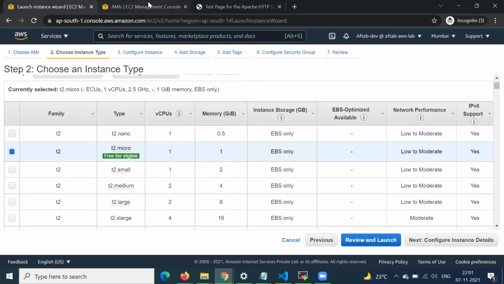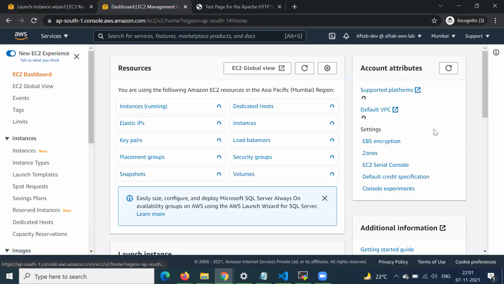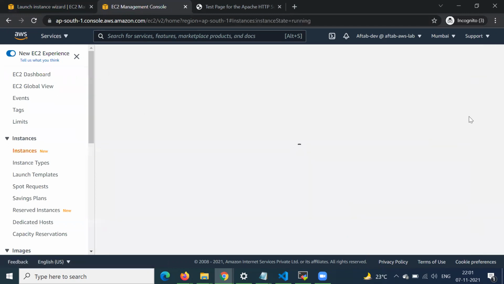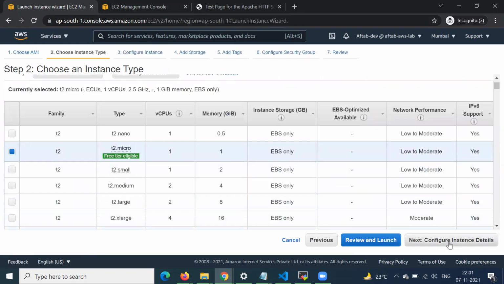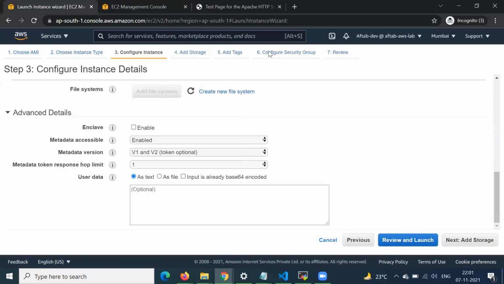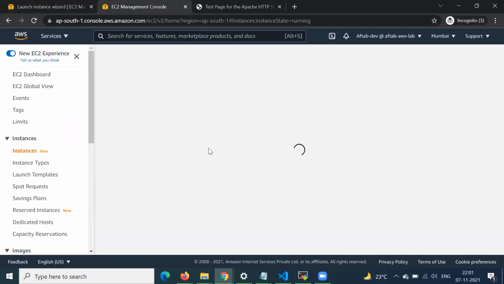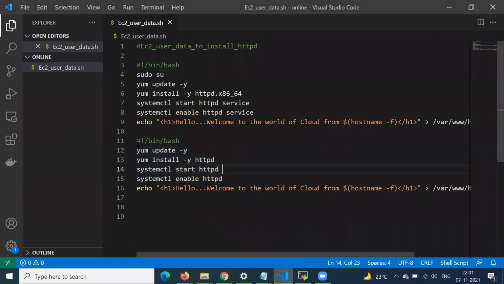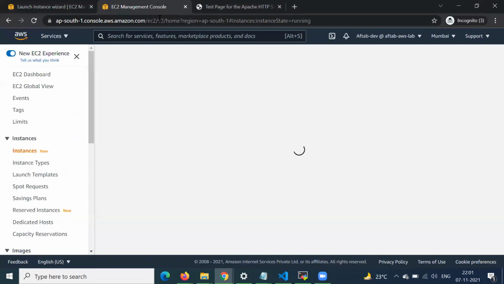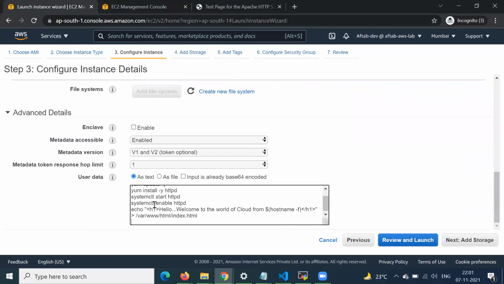And one more thing, guys, let me see which AZ we created our previous server in. So, configure instance detail. It's taking some time, no problem. In the second EC2 server, we just need to copy this.